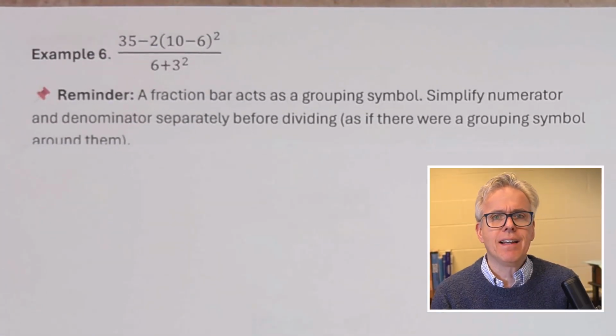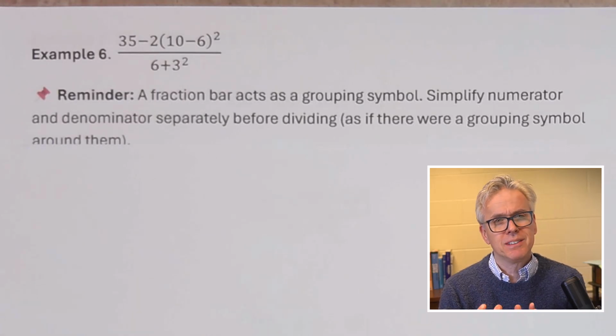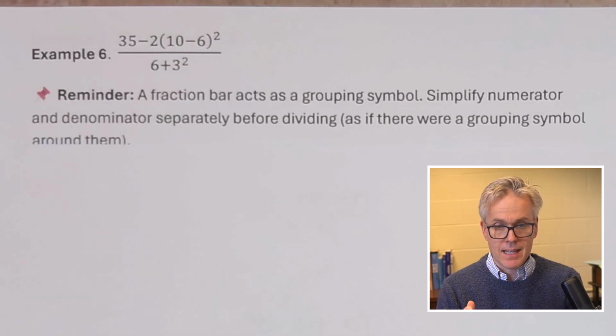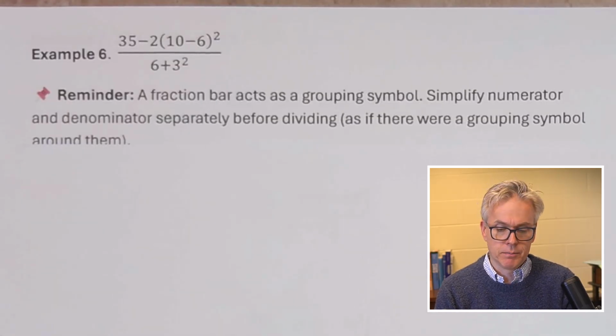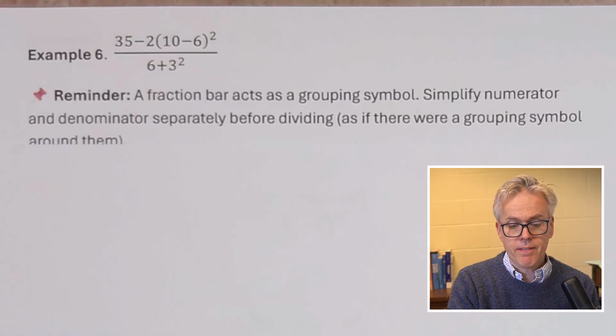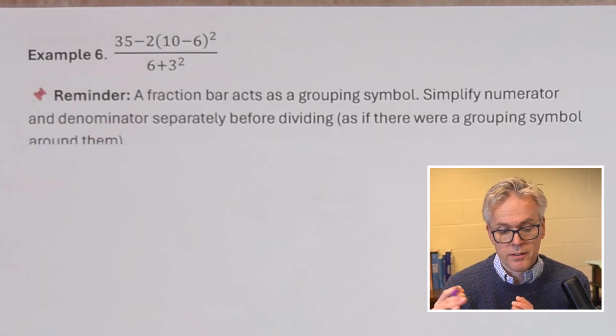Okay, this next one, I went ahead and typed everything out. You'll notice that in most of these videos, I will show work and write this out, but just because this one's pretty tedious and I want to get through fairly quickly and still maintain the integrity of the problem, this is already typed out. So I'm just going to kind of reveal each step. And so this one's a little bit more tricky, right? We have 35 minus 2 times the quantity of 10 minus 6 and just that quantity squared divided by 6